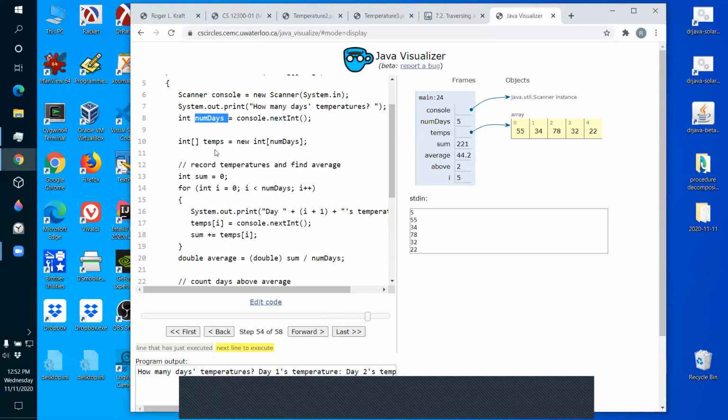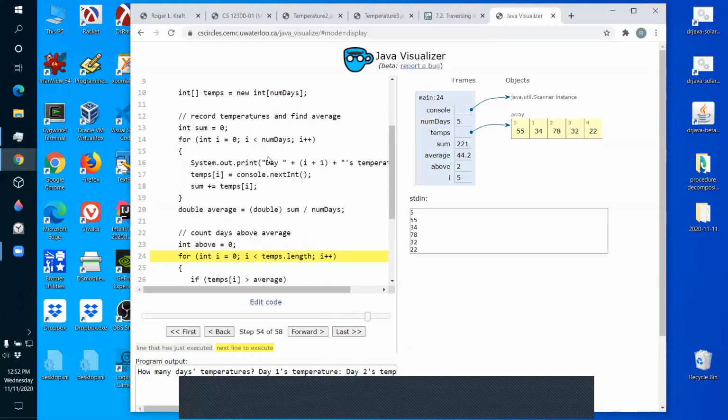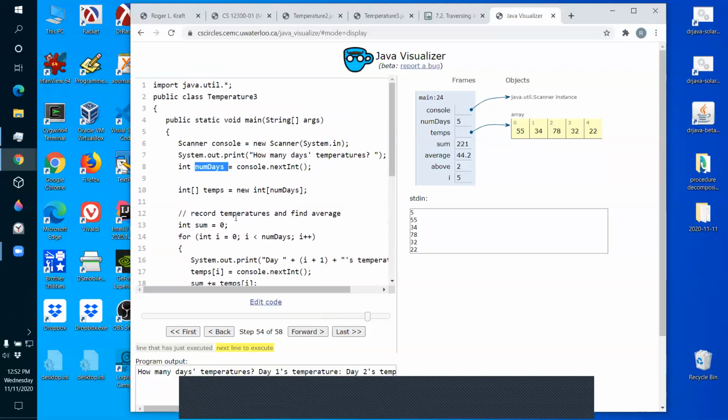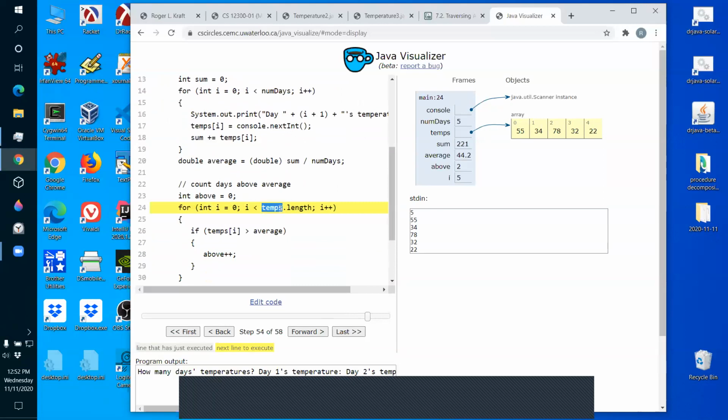If I change the name of that variable there, then here I have to remember to change the name of that variable too, except that that's really the length of the array. I really should have put this here. I left it this way to make it maybe easier to read at first, but I really should have had this here because that's exactly what that is. It's the length of the array. The way it is now, if I decide that's not a good variable name, I have to go change it here, even though what's here isn't really changing. That's why Java lets you ask for the length of an array, because every array knows its length. So this is better.